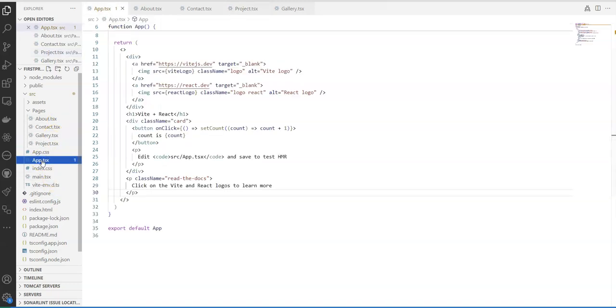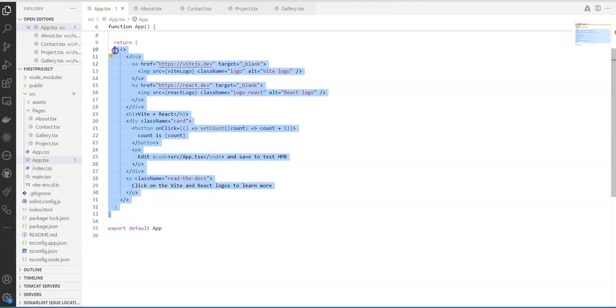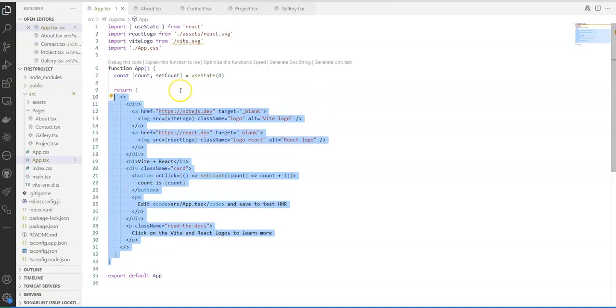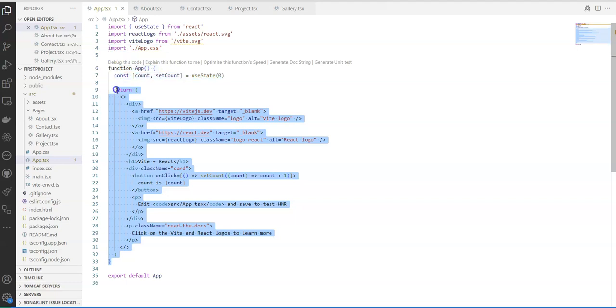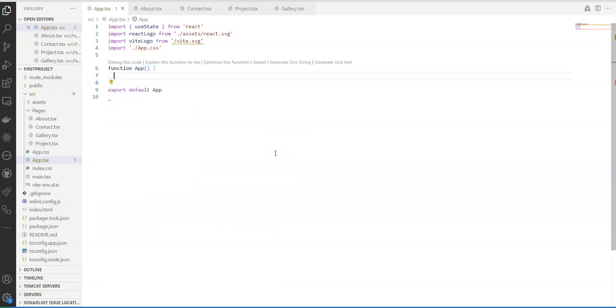App.tsx is the root for everything actually. I want to remove all of them. Actually, but in the same way, let's remove everything. Then I start from beginning,